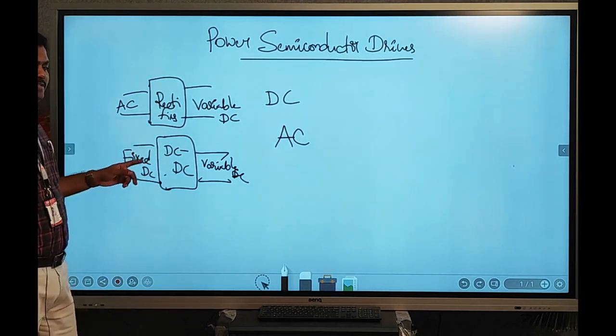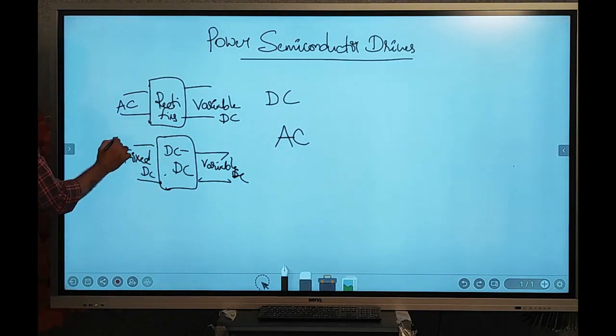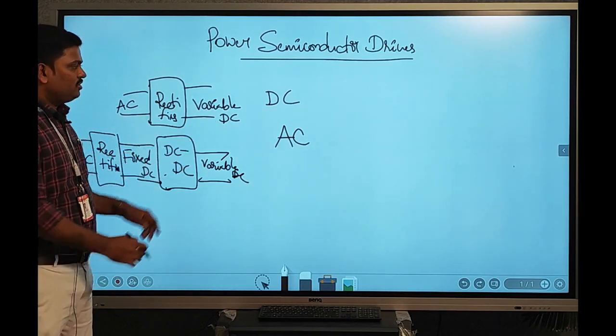So to get the fixed DC, again we have to convert AC to DC using a rectifier. So either we can have a chopper or a rectifier to control